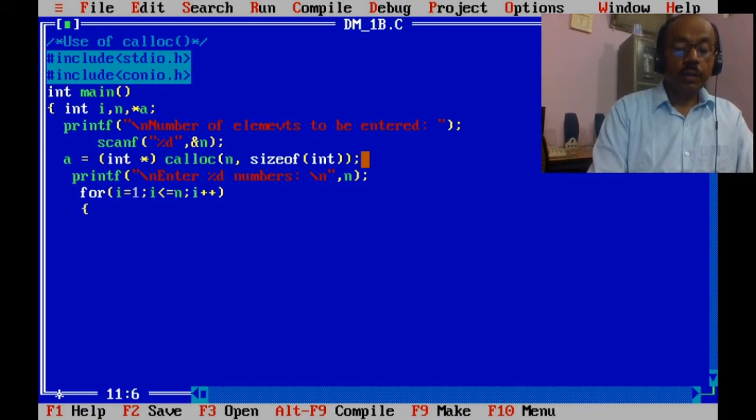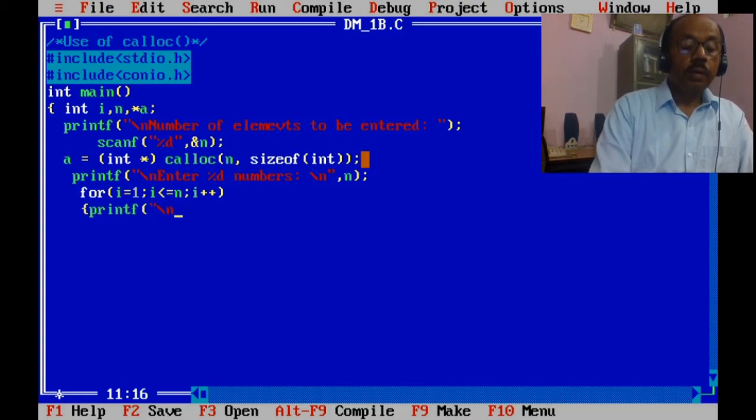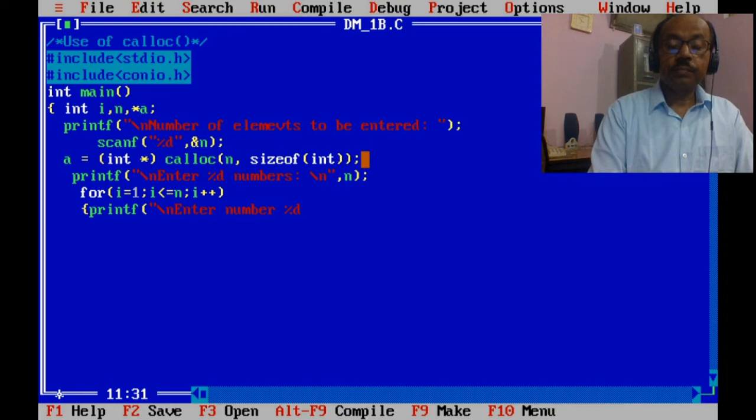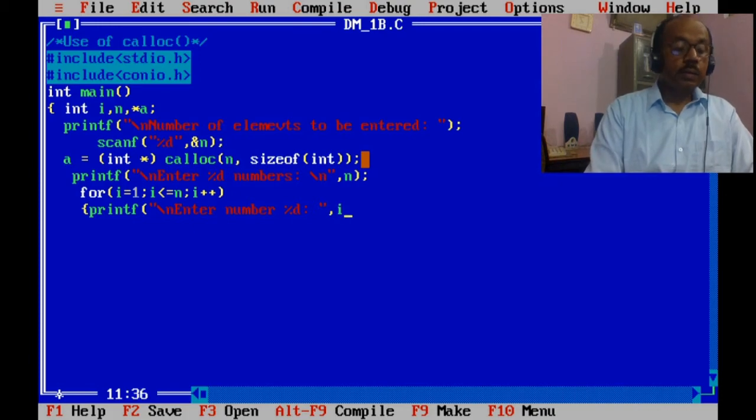Now enter a printf: enter number %d, that is i, enter number i.